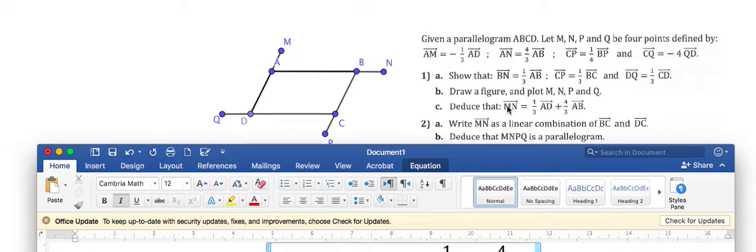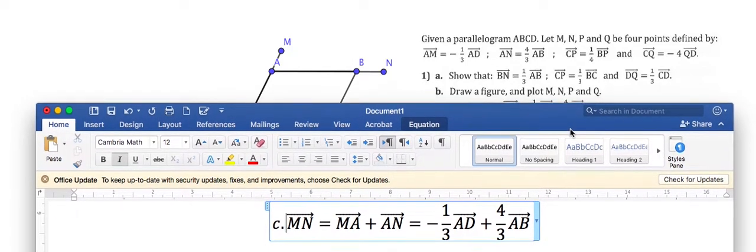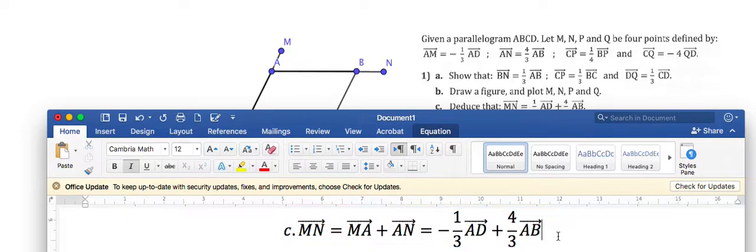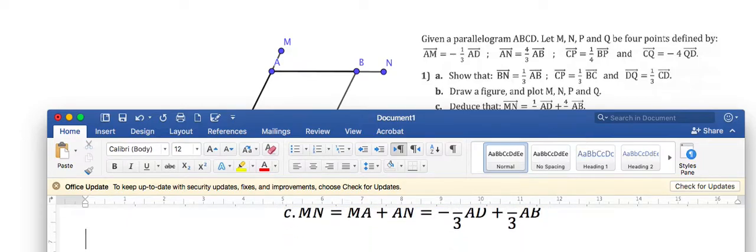Next, I have to write now MN as a linear combination of BC and DC. So vector MN, I have to write it as a linear combination